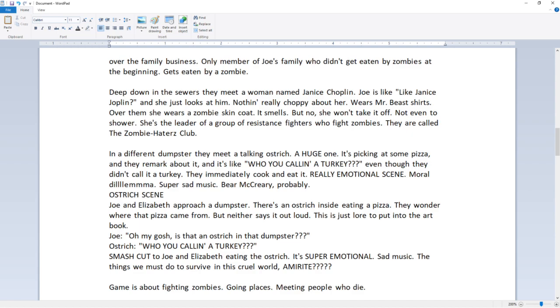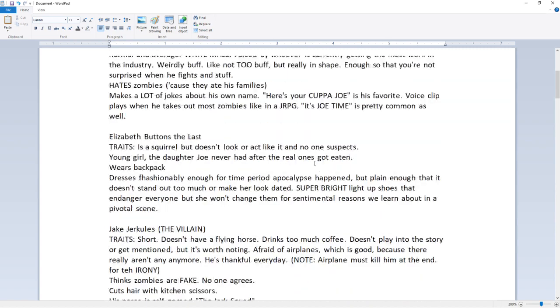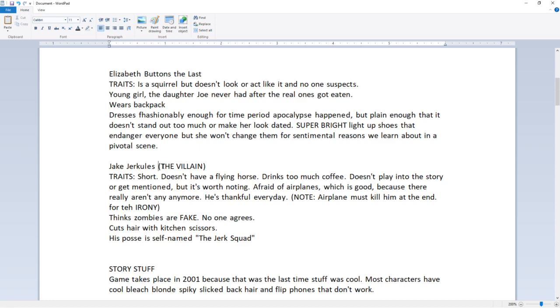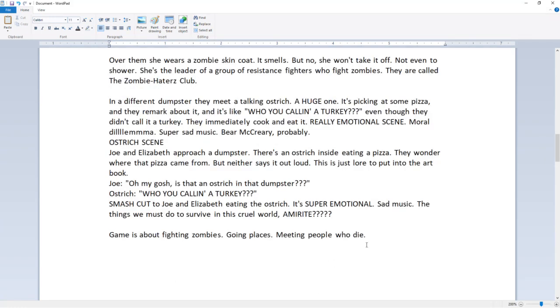We gotta really think. Okay, so Jake is the leader of, what were they called again? Anyone who's just joined us, Jake Jerkules is the villain. It's clearly stated when you meet him. Maybe he even says it himself. He thinks zombies are fake. The Jerk Squad. Self-named The Jerk Squad. So Joe and Elizabeth Buttons, they get somewhere,